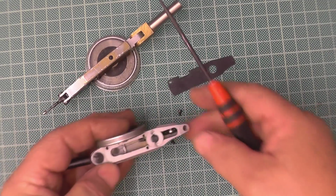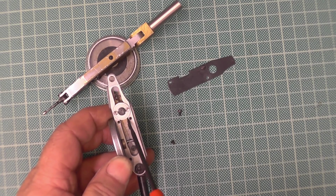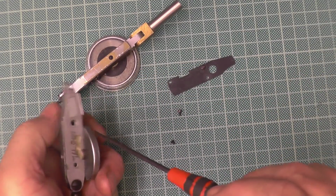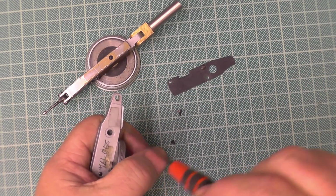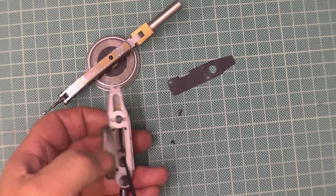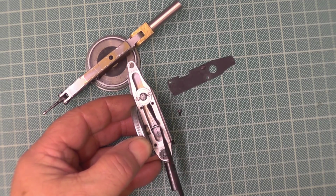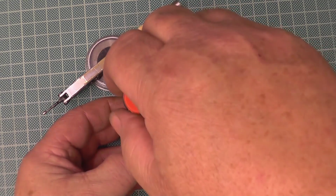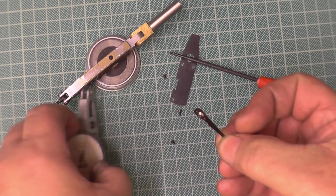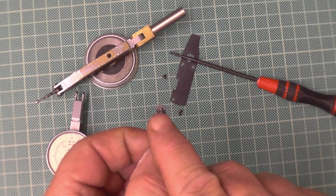Now, get screwed up the inside. You can see the lever floating around there. It's floating around, I've just left it in there. There's a pivot point there, and the other one's missing on the other side. And that lever, which goes against the helix, it's hard to get at, which is that bit there, pivots in between them two pivots there. So if I get it out, you can see two pivots,